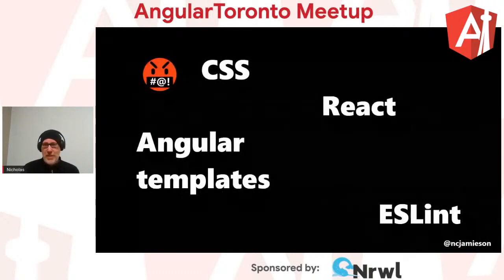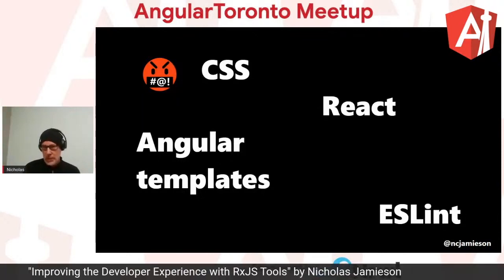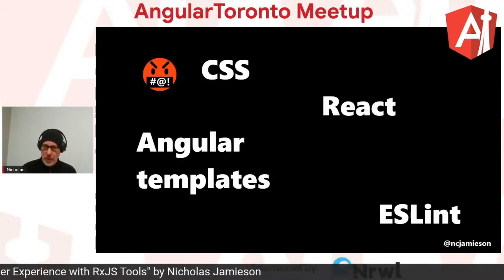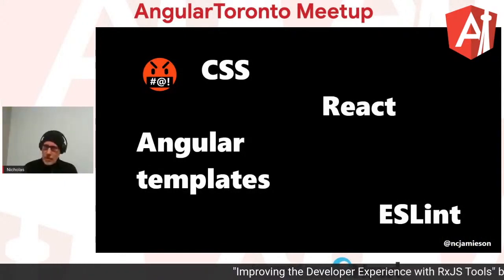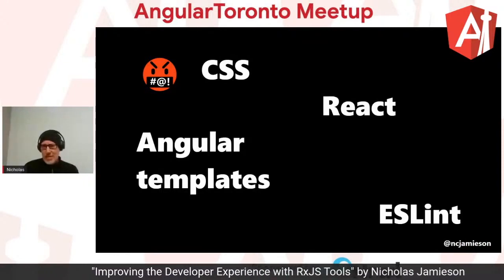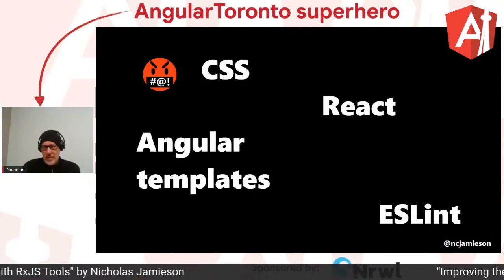So looking at these things, there is something that all of these things have in common. I mean, they're all declarative. CSS is declarative. The rules in ESLint, the matches that are used for those, they're declarative. Your React component, your Angular template, these things are declarative. So we have specialized tools for dealing with CSS. We use the Chrome dev tools to look at how our rules are working, to look at how they're being applied, to look at what's overriding what. We use the React dev tools to figure out how our components are working. Basically, we need to step away from the debugger and use something else. So thinking about this,